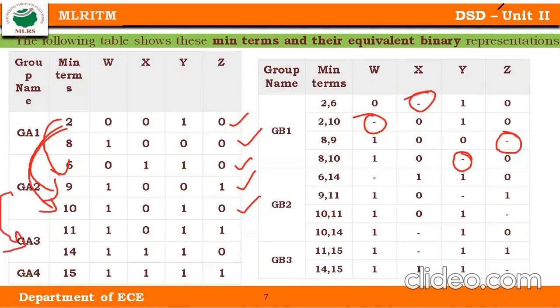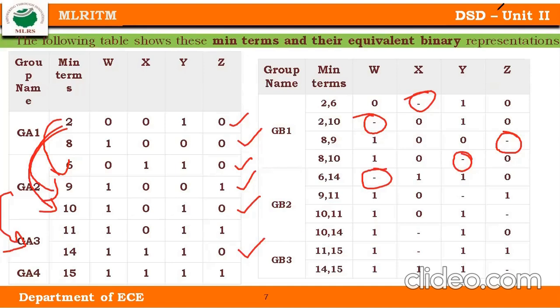6 and 11, one change, two changes, leave it. Okay, 6 and 14, one change, so I have marked it. Then 1 1 no change, 1 1 no change, 0 0 no change. So that is 6 and 14. So now tick mark 14. 6 is already ticked, no problem. Now 14 is also paired. Then 6 with 15, there are two changes, so leave it, not possible.